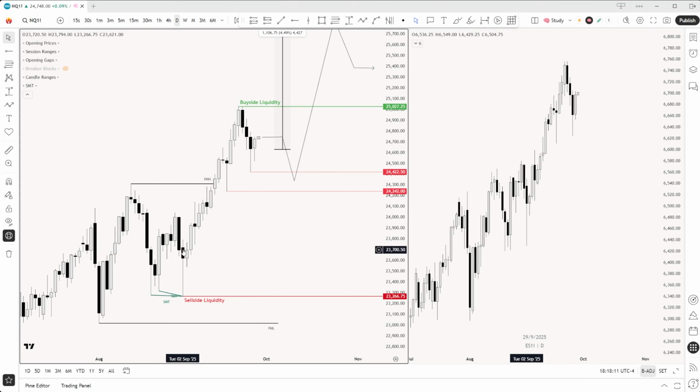We opened right here, formed a low, of course, confirmed with SMT. Once again, love the new indicator. You guys would definitely see me using it. I've been using it behind the scenes, and I can finally bring it up to the public. So definitely very happy with that. But we had a classic buy month.